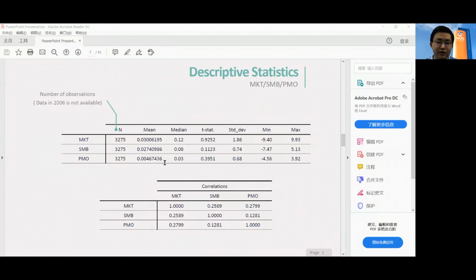Because we don't focus on the value factor, VMG, here we don't show the statistics of the value factor. Our data run from 2007 to September 2020. From this chart, we can find that the average of each of the three factors is close to 0, and the correlation among the three indicators is very low. So the first sentiment factor, PMO, has been constructed.